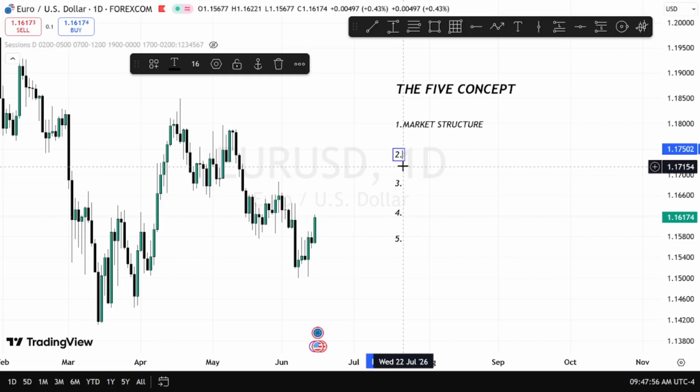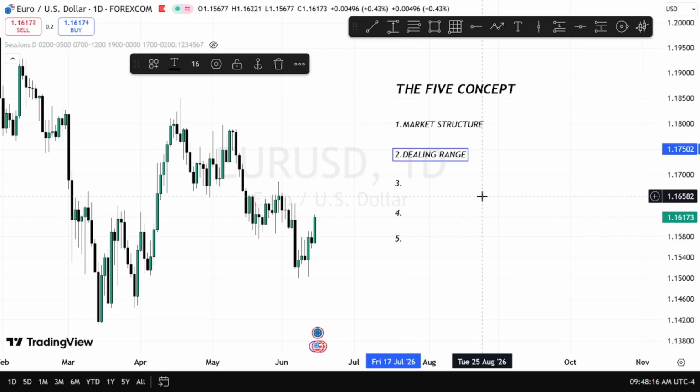And the second on my list would be daily range. The daily range is very, very important for understanding. If you're able to mark market structure very well, then we have a daily range that we're going to work with, right? Because the daily range helps you to divide the specific range you are looking to trade away from into a premium and a discount, right?